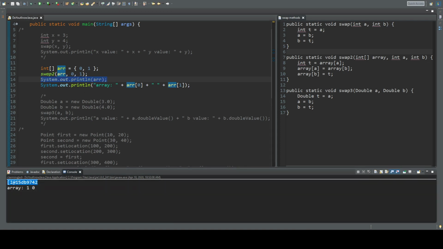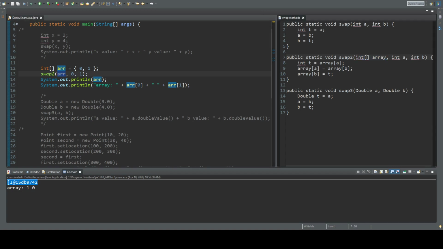Well, it gives us this string of kind of gibberish, but it's not really. What it really is is a specific address in memory that ARR points to, or that ARR is stored in. So this is an object. An array is an object in Java, and so objects frequently have their values stored in Java as addresses. So when we actually call this, the int array points to the value passed in